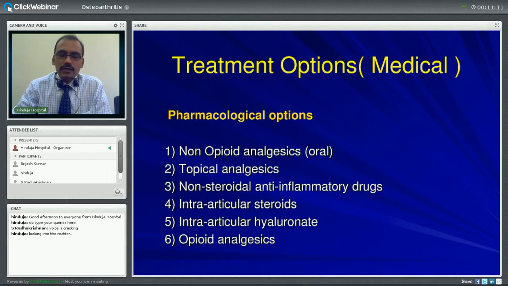to the osteoarthritic knee, and local application of various gels and ointments, which can help the patient on a day-to-day routine basis. But if the patient has severe pain, even when the arthritis is mild or moderate, there are other modalities like steroid injections in the joint, as well as injections which increase the lubrication in the joint, which helps temporarily so that the requirement of surgery can be postponed.